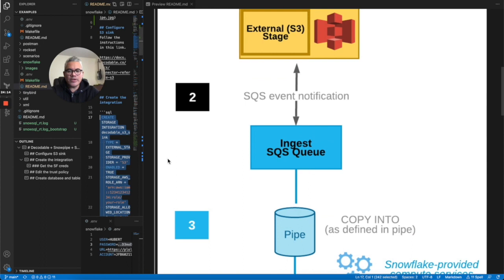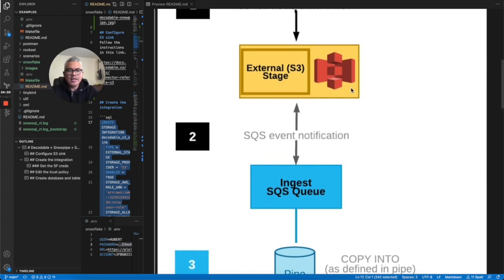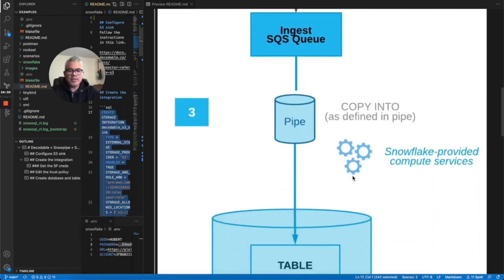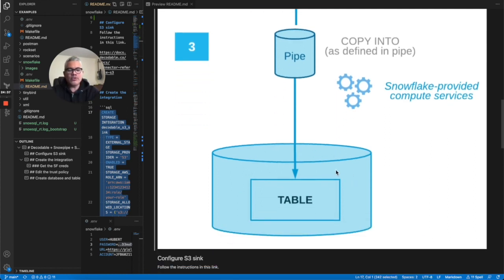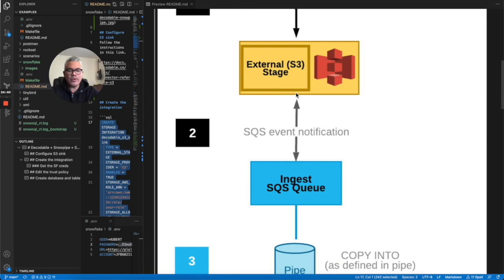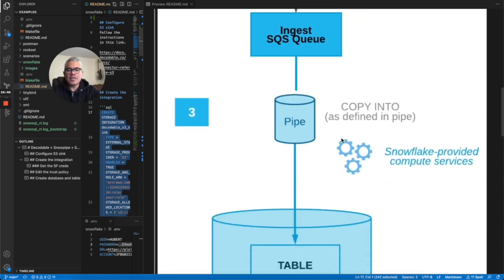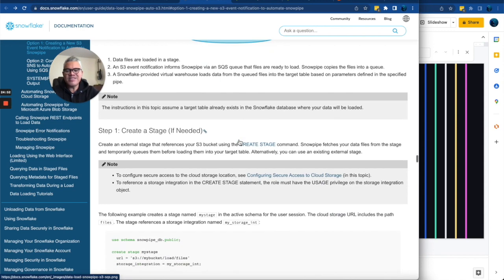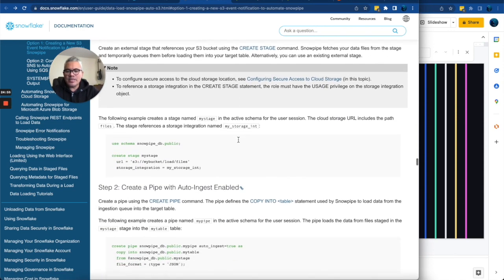So now we need to configure a SQS queue event. What's happening here is that the directory, the bucket, will have assigned to it a notification that will go through SQS. SQS will notify through this pipe and instruct Snowflake to read from this directory and import that data into Snowflake. Okay, so let's go ahead and continue on with this diagram. We have that same diagram in here. So the first thing we need to do is